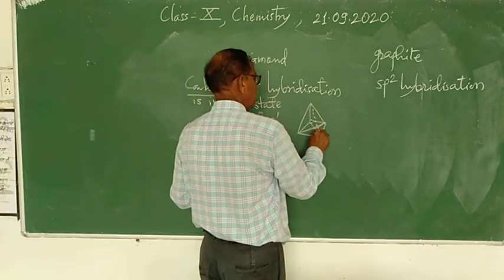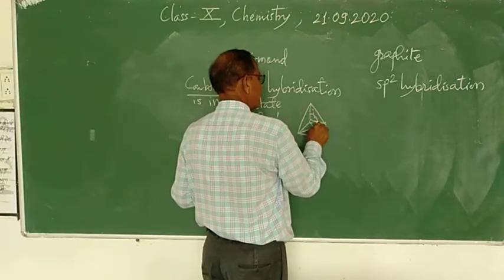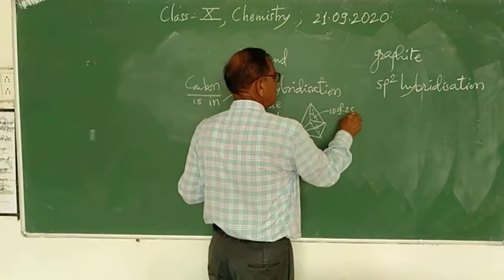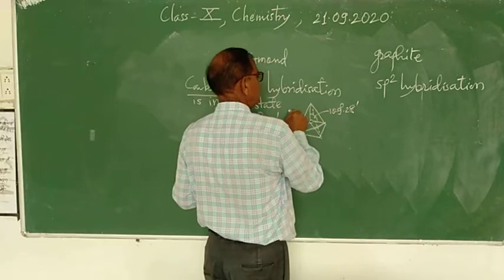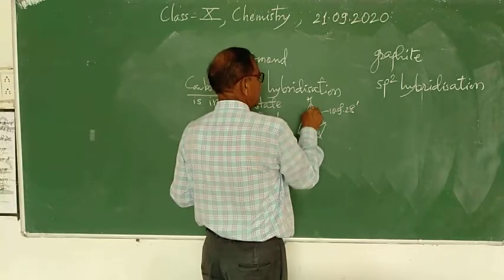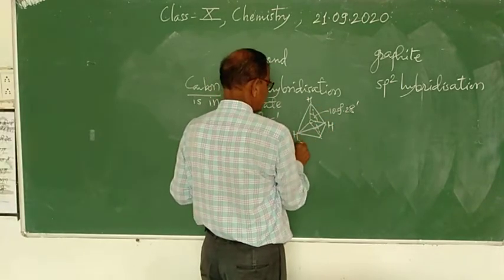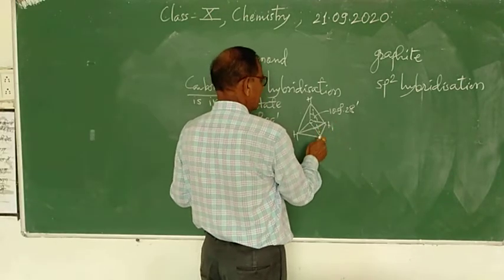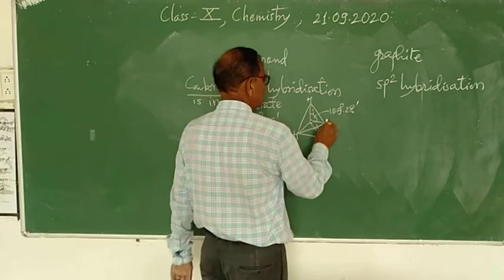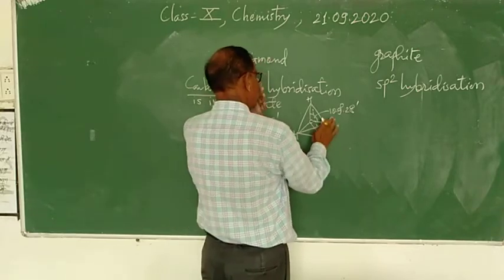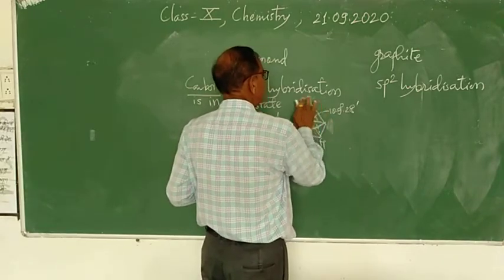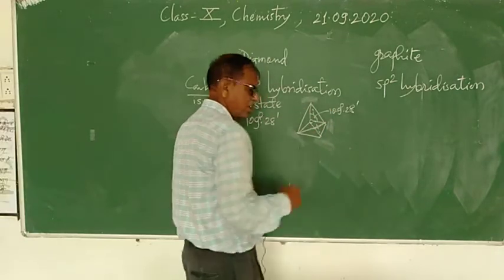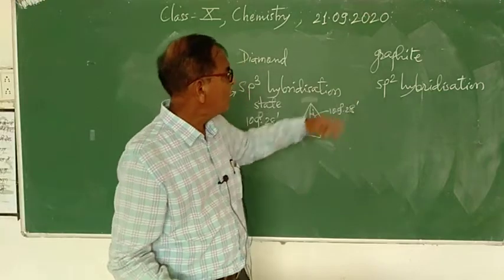And you will find this bond angle is of 109 degree 28 minute. So here, consider the methane molecule, or you may consider here carbon, isn't it? So in methane molecule, if you do not write anything, it is a tetrahedral structure. And in case of graphite,